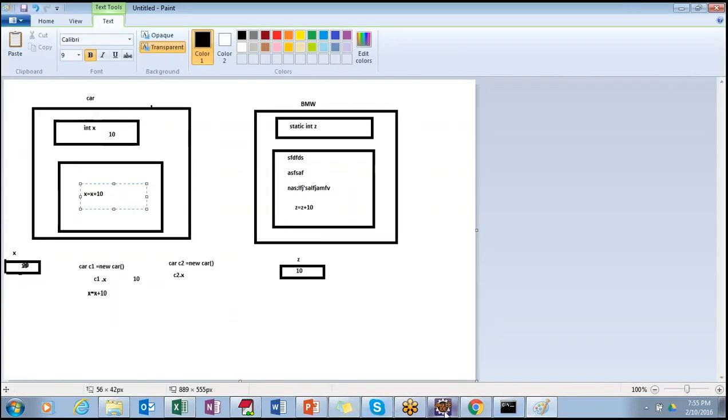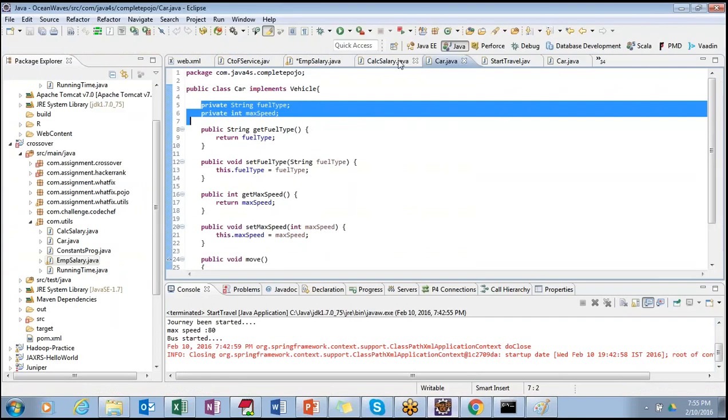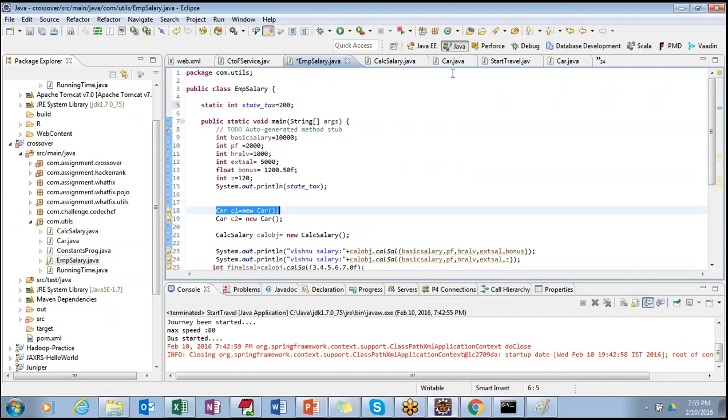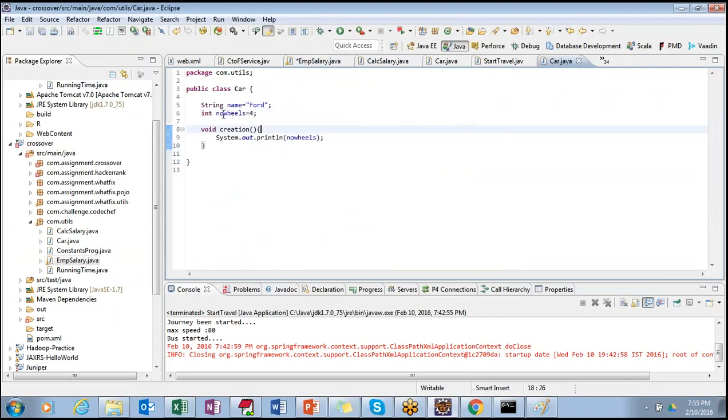Or let me put it in the program way. Let us say this is my class and there is no static here. There is no of wheels with 4. What does that mean?